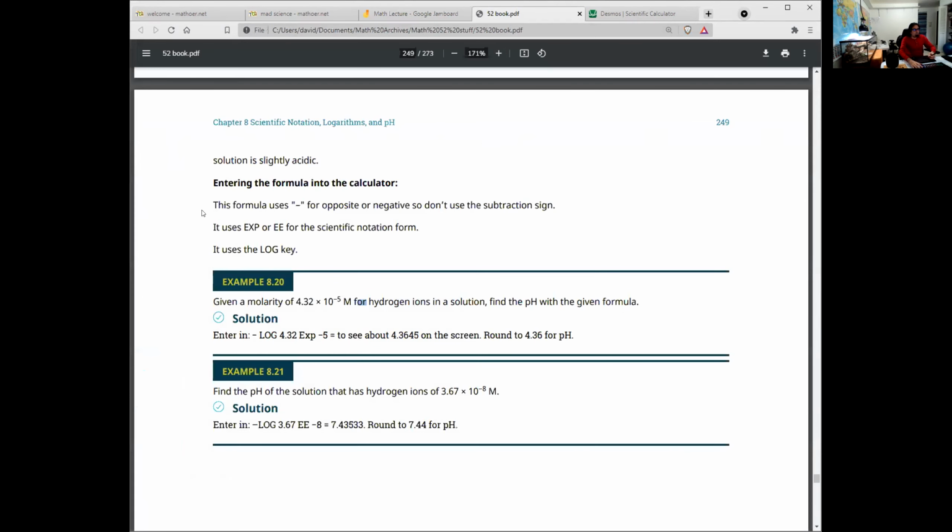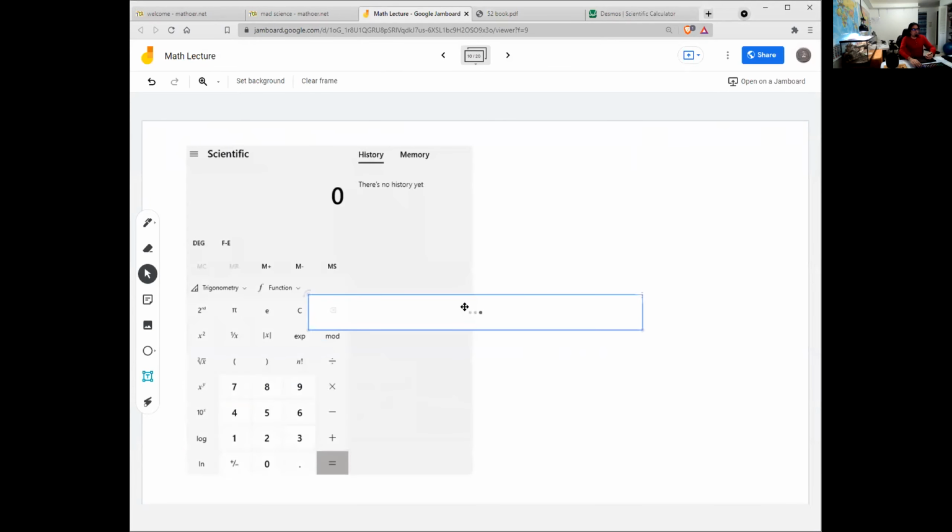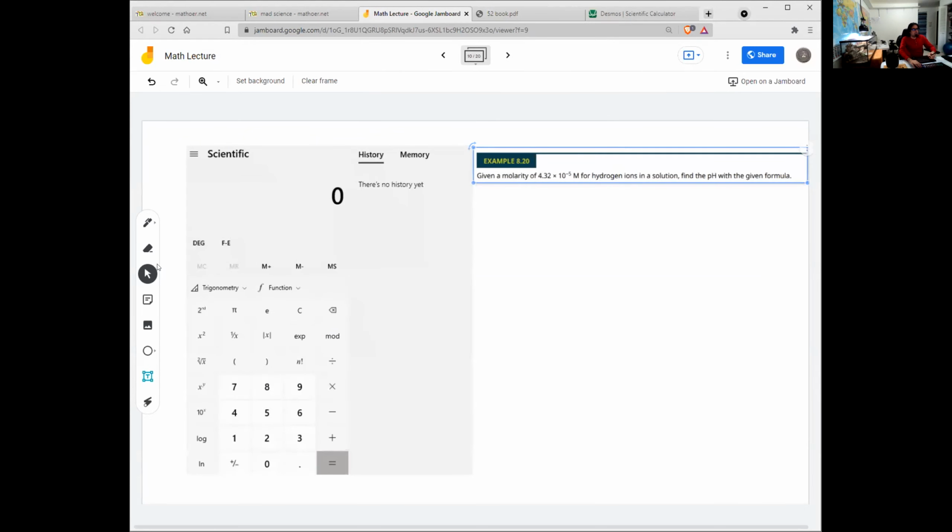The number I want to put in is right here. I somehow want to put in my calculator